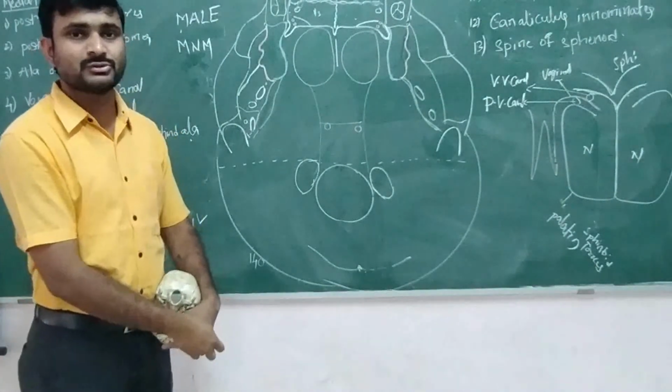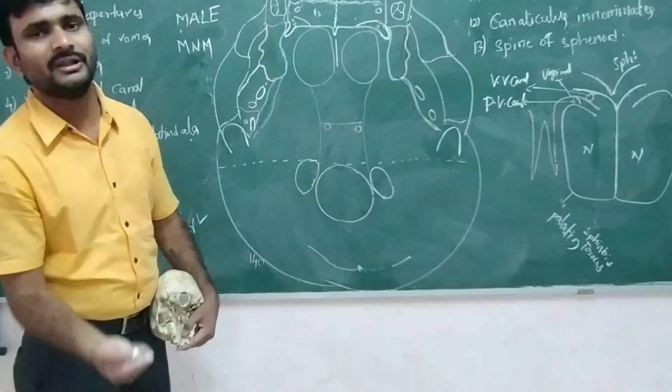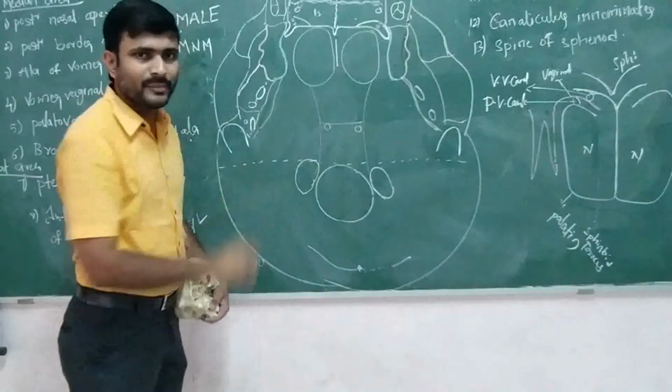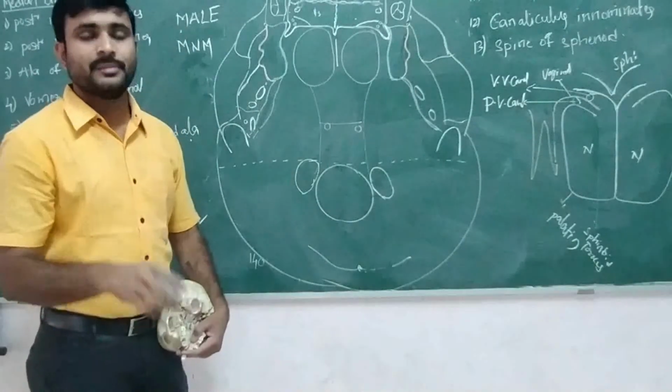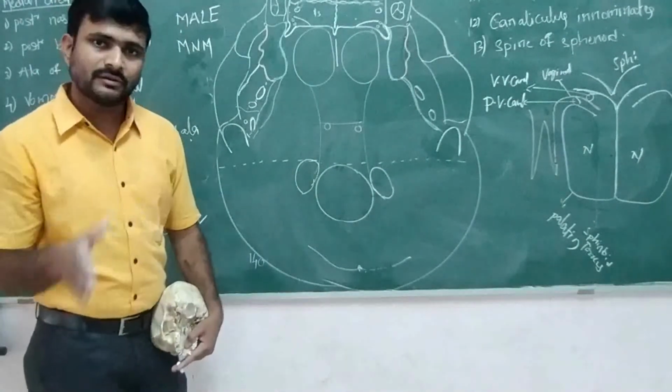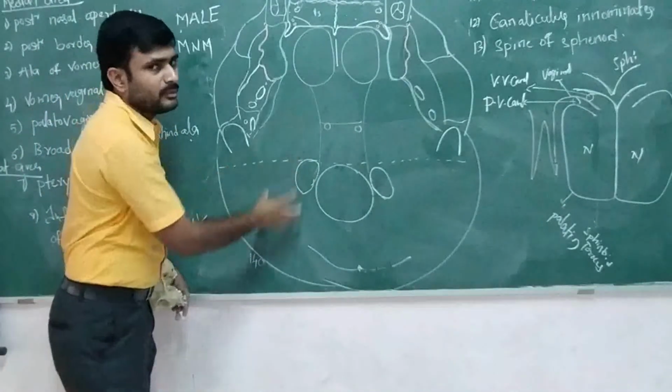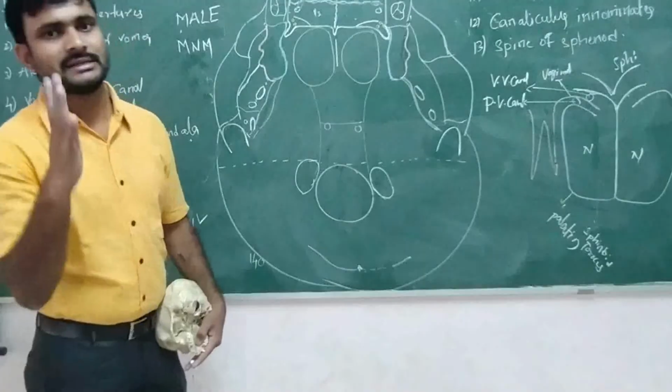Extending from the sphenoid process to the mandible is the spinomandibular ligament. In the middle part of the norma basalis, some foramina are also present, which will be covered in the next class. The rest of the middle part and the posterior part we will also cover in the next class.